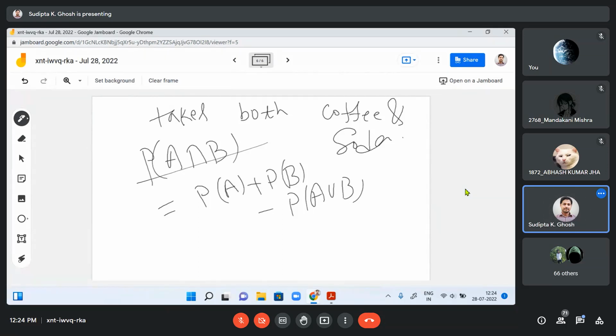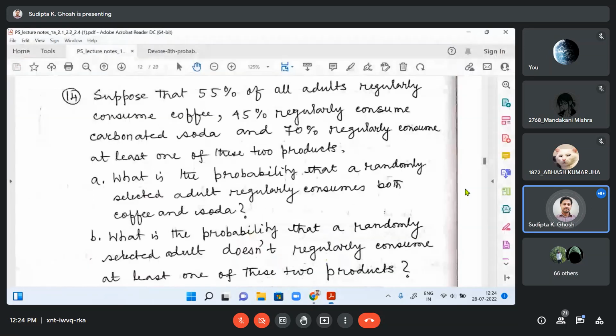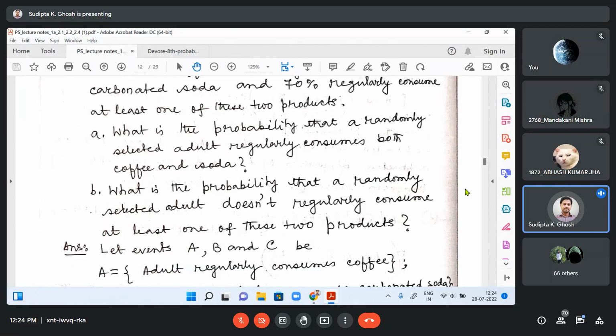Okay. So that is the case. What is the probability that the randomly selected adult regularly consumes both coffee and soda? That line is extremely important. Both coffee and soda, both means intersection. Now the next question: what is the probability that the randomly selected adult does not regularly consume at least one of